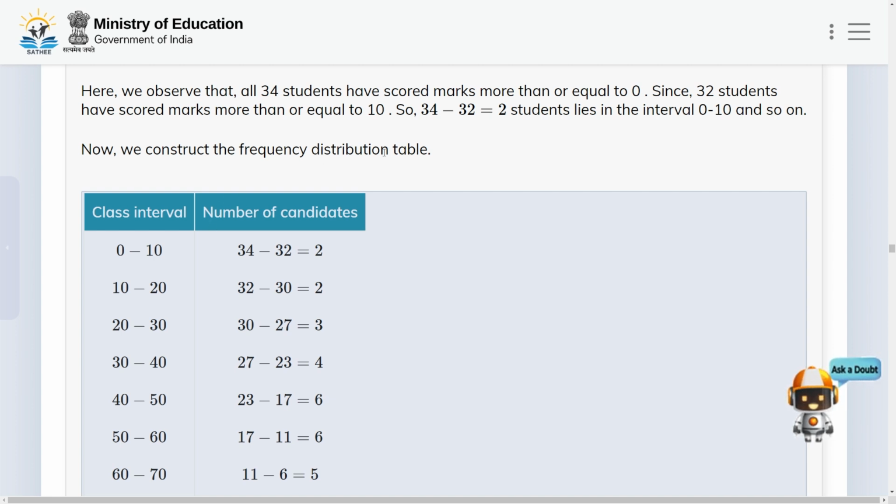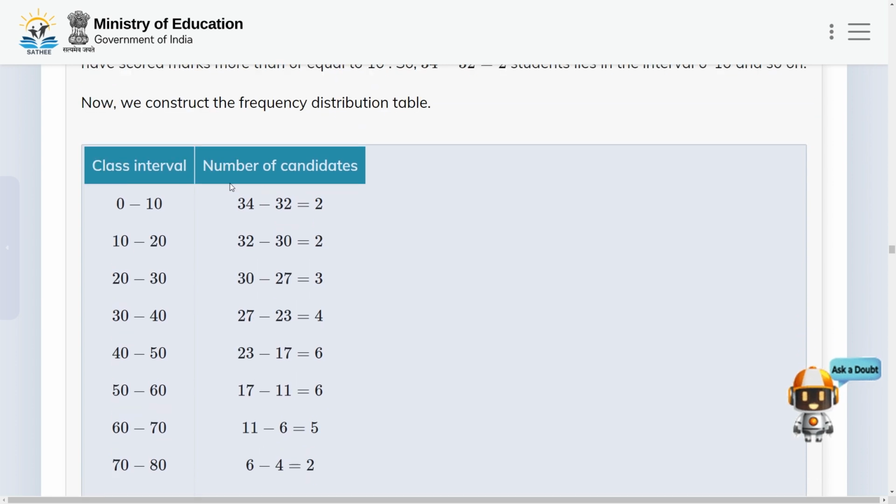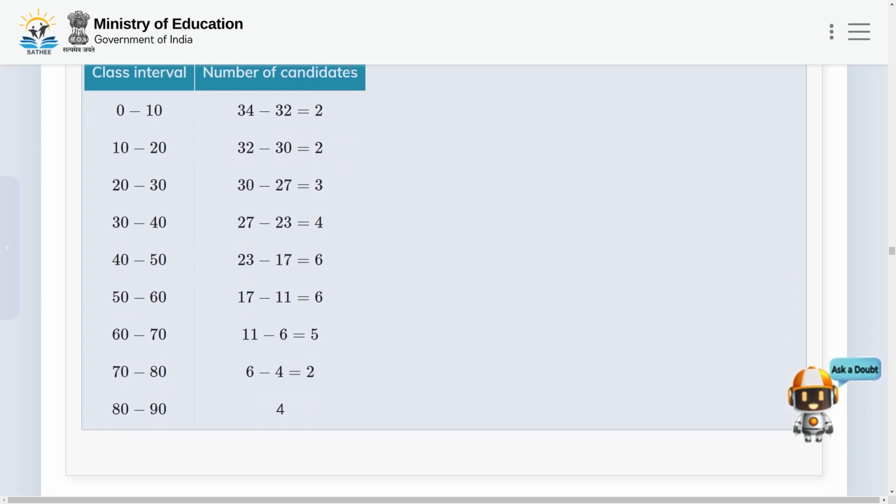Now we construct the frequency distribution table. So here, class interval 0 to 10, number of candidates 34 minus 32, that is 2. For class interval 10 to 20, number of candidates 32 minus 30, that is 2 also. For class interval 20 to 30, number of candidates 30 minus 27, that is equal to 3. And for class interval 30 to 40, number of candidates 27 minus 23, that is equal to 4. Okay, and for class interval 40 to 50, number of candidates, this is actually 23 minus 17, that is equal